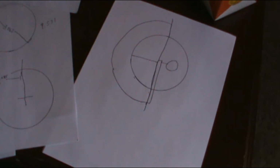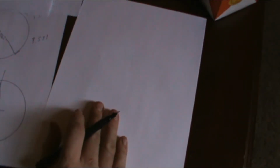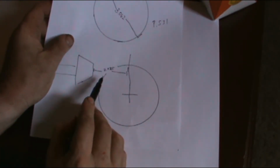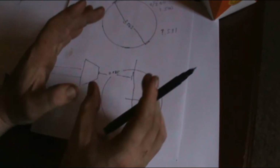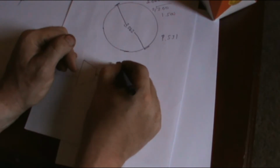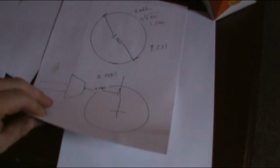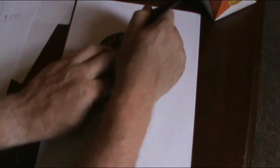Okay. So what you'd want to do, once you have your bearing center line figured out, is take whatever measurement you had, like we had 2 inches 825 thousandths. You want to go to the next highest, what do you call it, extension. So in my case, since 2 inches 825, I used a 3-inch extension. Okay, 0.300. Alright, then you're going to want to take, with your extension housing on,